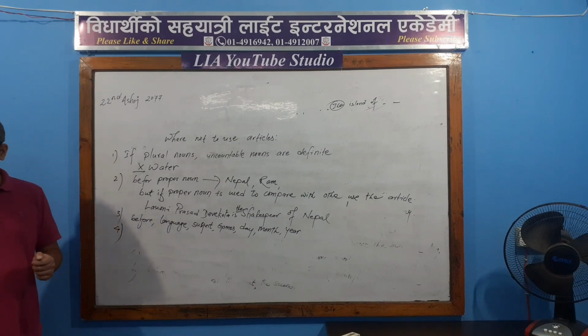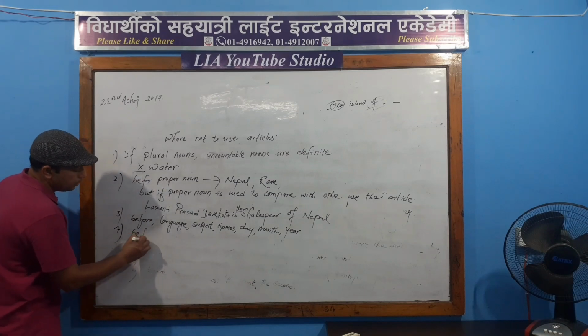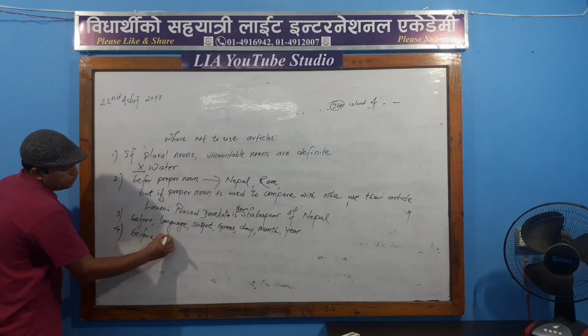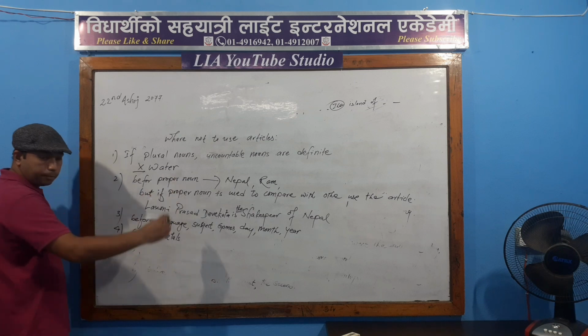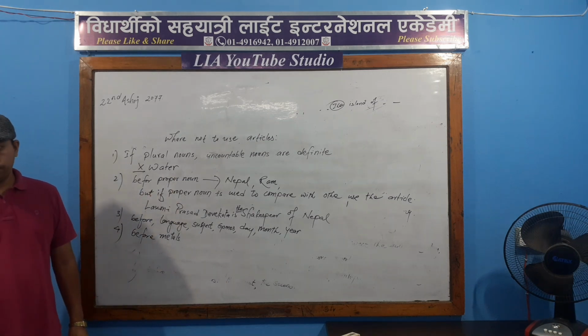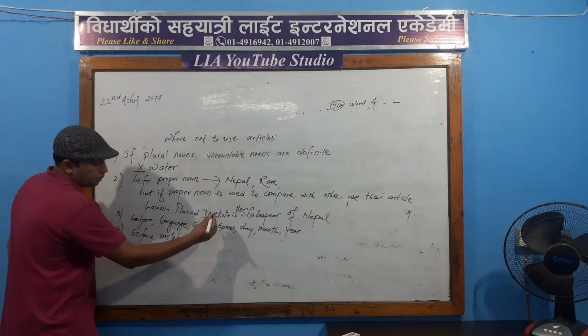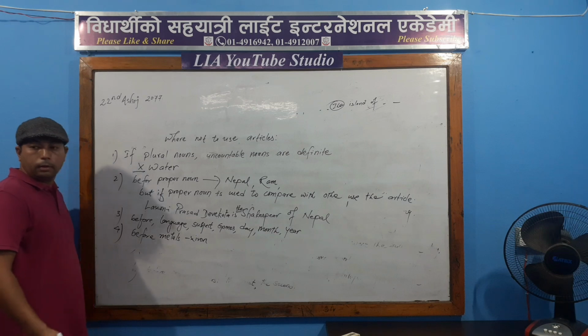नम्बर 4 बिफोर मेटल्स। मेटल्स भनेको धातु, फलाम, आइरन भनिन्छ नि, आइरन युज हुँदैन, गोल्ड।